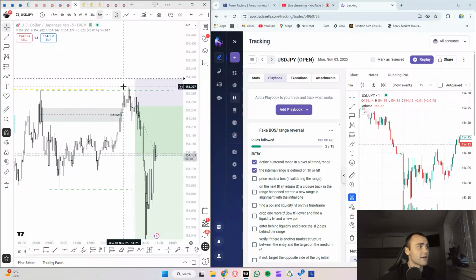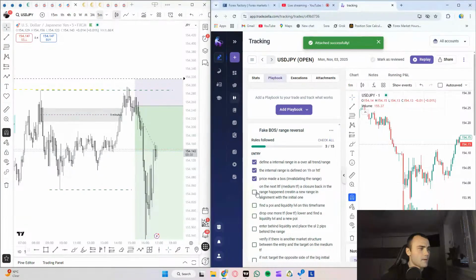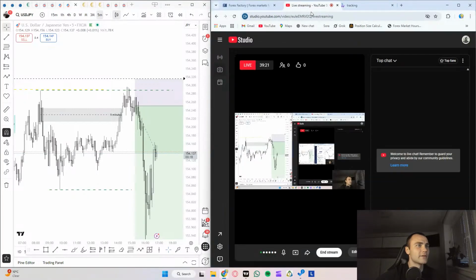After invalidating the range, a closure back in the range happened. And range with the initial one. Yeah, I am confused a little bit